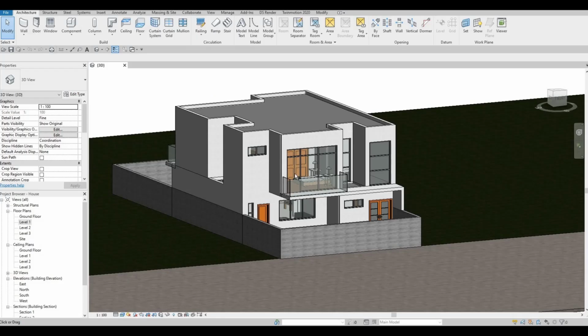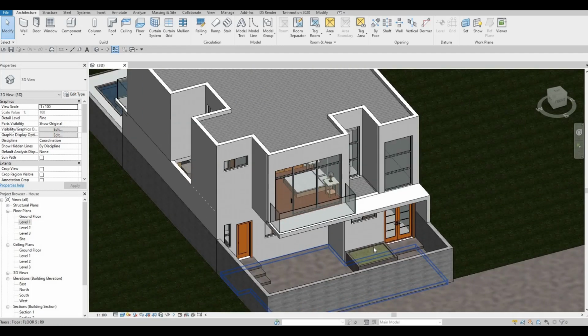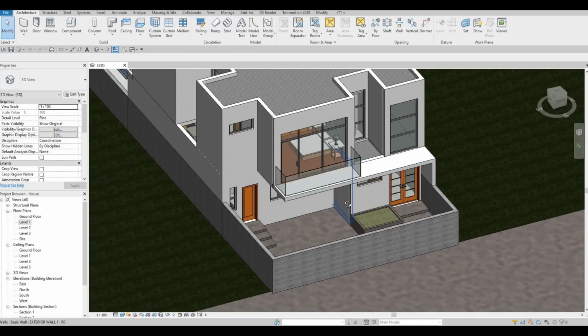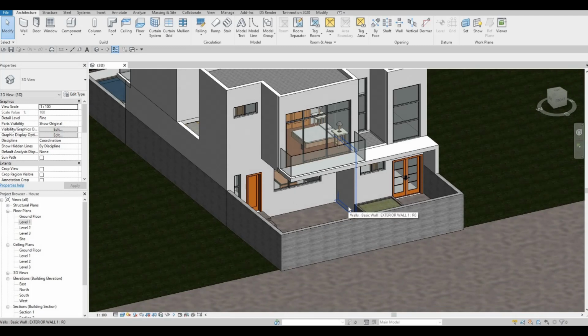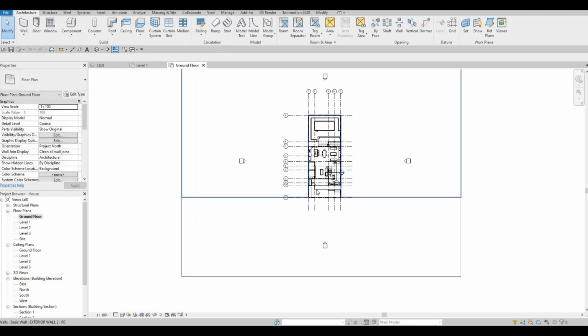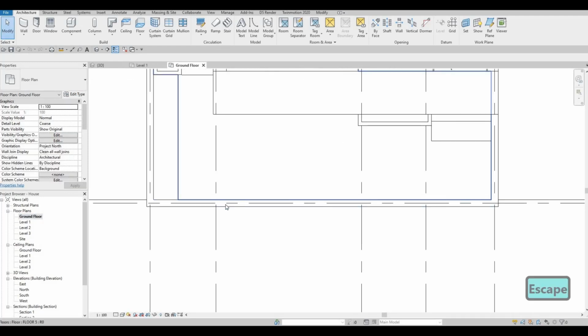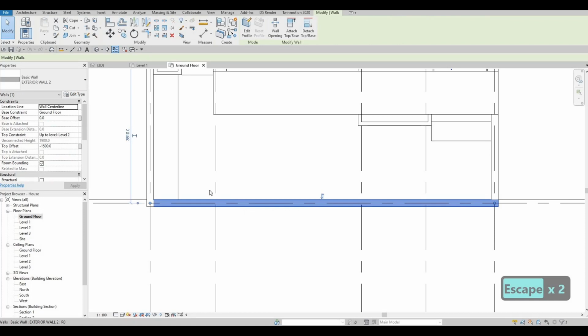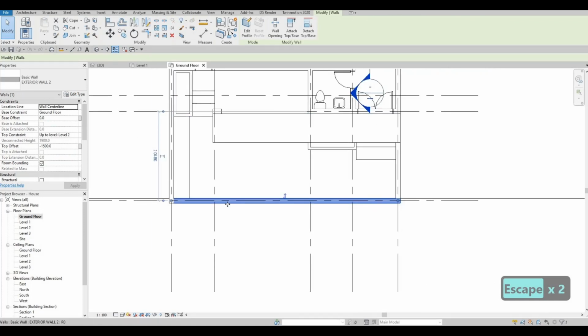So in the last video, we were able to create everything that is right here in front, and we also added the curtain doors and curtain walls right here. We added the mullions as well. So now we're gonna continue working on this. What I want to do is to finish up the gate. So we could go to ground floor, and then what we have here is the exterior wall number 2, which